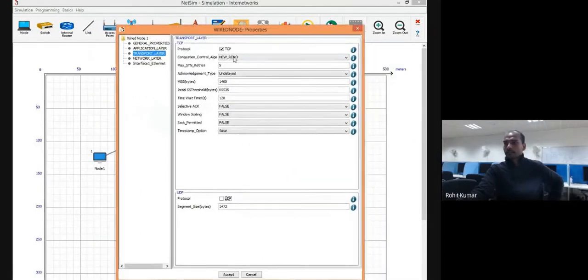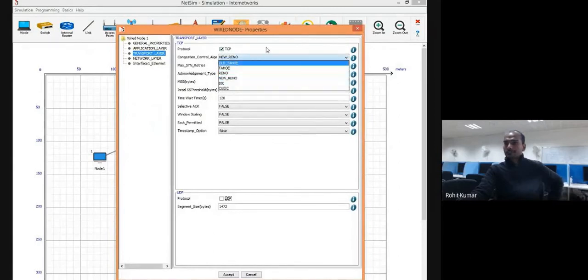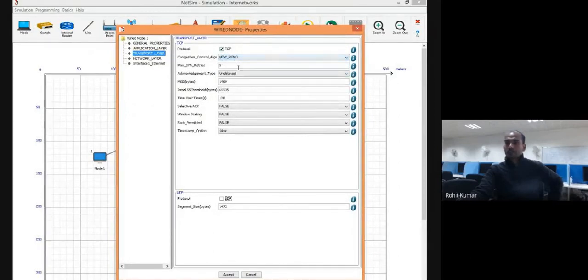Okay. And then we set the properties: New Reno, Old Tahoe, Tahoe, Reno, etc. Different types of congestion control algorithm. Congestion control is one of the responsibilities of the transport layer. When you read the OSI or TCP IP layer structure in your networking books, you read the different responsibilities of the transport layer, what functions are performed by the network layer, and write them in your examinations. All those things are listed down here.